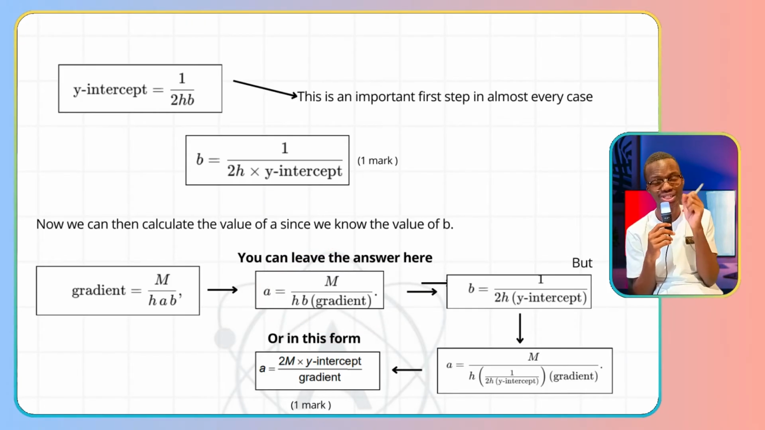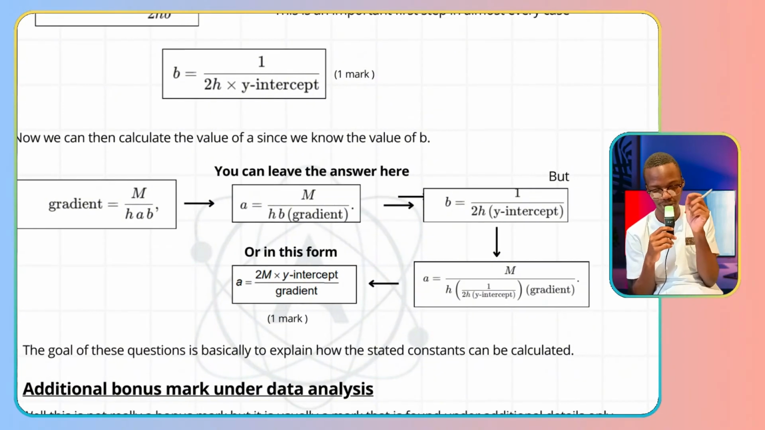You can leave it here and get your mark. If you want to be fancy, you know what b is. You can flip that and substitute b in that equation. Try that on your own. You should arrive at a is equal to m over h times 1 over